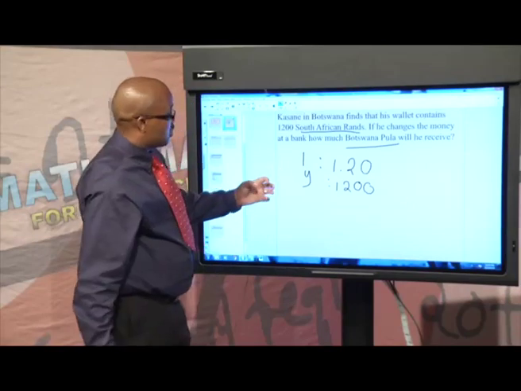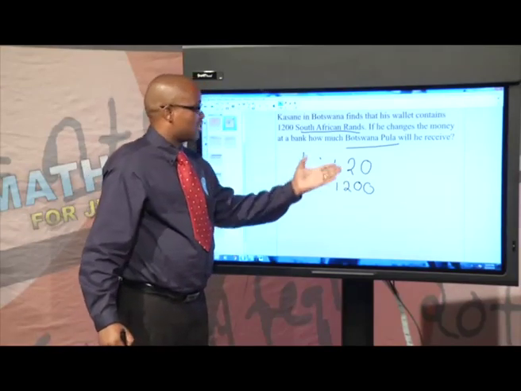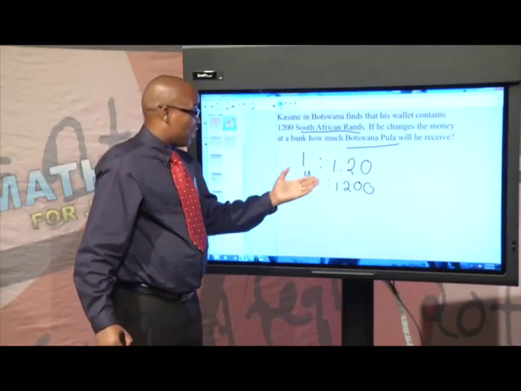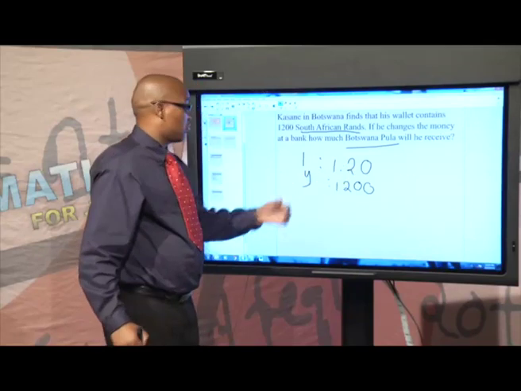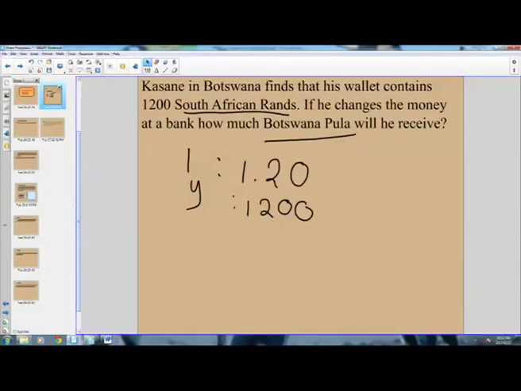Remember, we just need to know the equivalence of 1,200 South African rands to the Botswana pula. And then this is how we do it. Multiply y times 1.20. 1 times 1.20 times y is just 1.20y. It's equal to